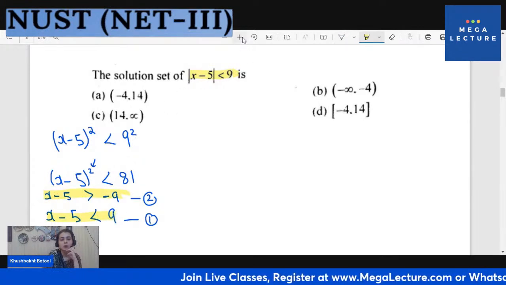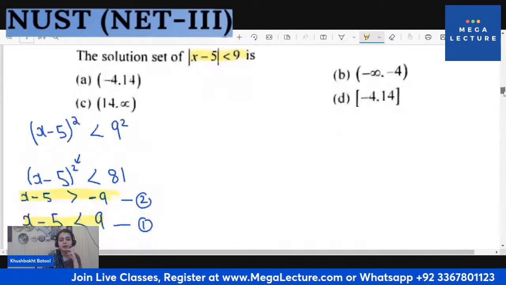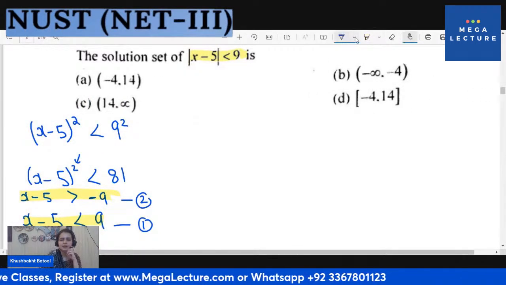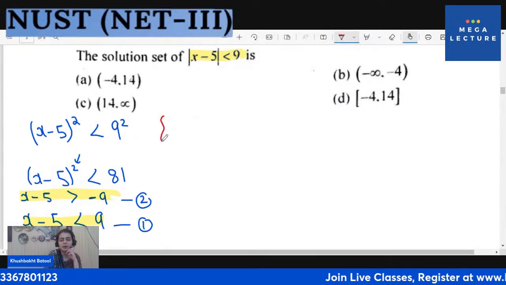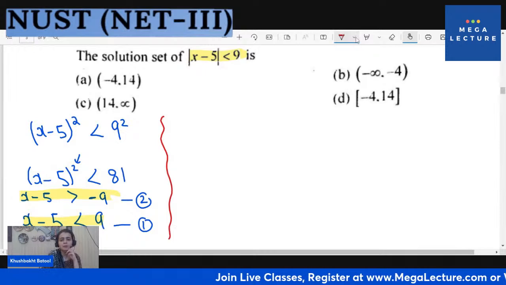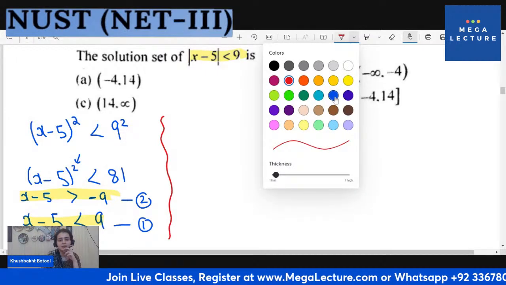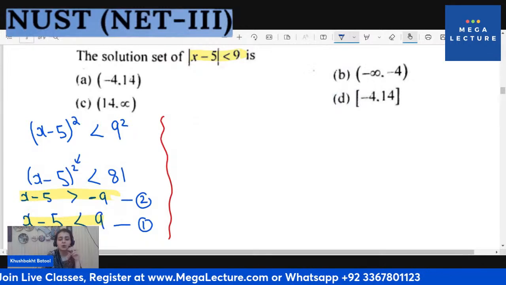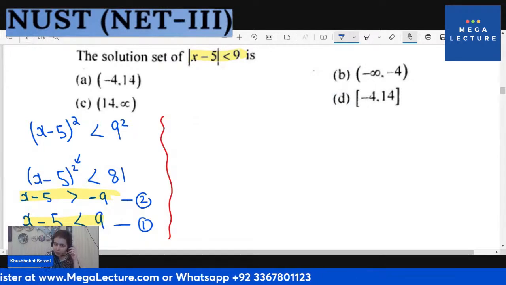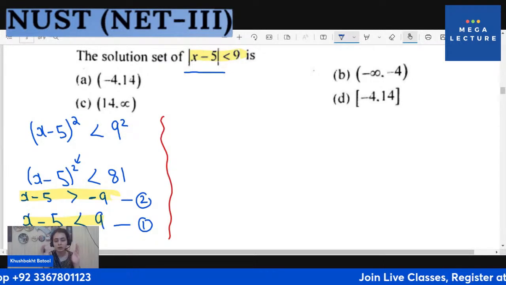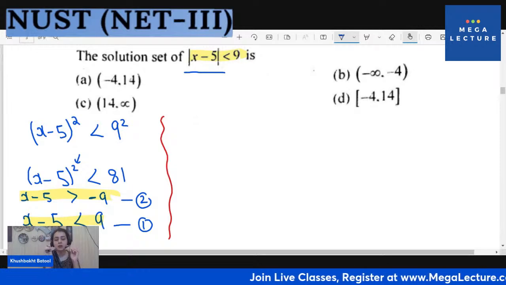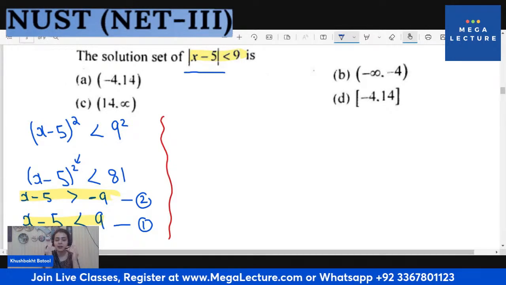If your question is a linear inequality, things are very easy. You can do it directly, and there's no point in wasting time thinking about it. If it is a quadratic inequality, you will be making the graph and then things would make sense. If it is a modular inequality, you would be having these two straight brackets. These are not brackets, this is the mod function. In order to solve these inequalities, you will be squaring both sides and you will get rid of mod,